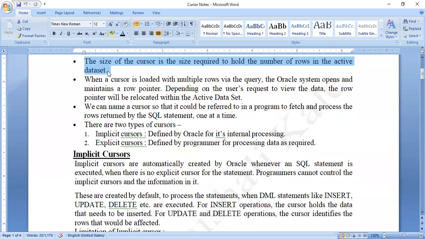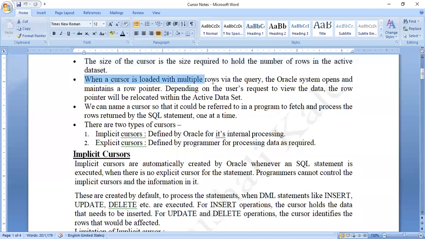For example, in the previous statement, I updated the table student, but I actually updated only one record. In that case, Oracle brought only one record into the cursor, modified that record, and went back. So the size of the cursor was only one record. This is how, dynamically and on the spot, the size of the cursor will change based on how much size is required.